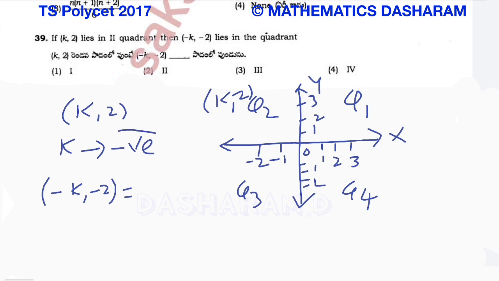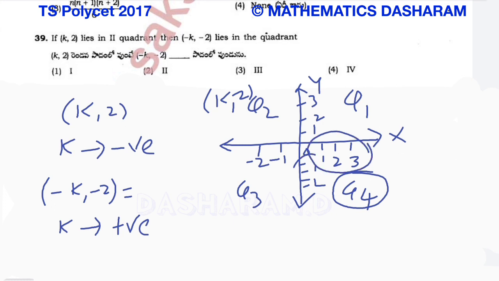So already the k value is negative and here minus k is there. Then overall it will become a positive value. So the k value is positive and this is minus 2. So one positive, one negative. X value positive, y value negative. So x value positive, y value negative means it will be possible in Q4. See here, x value positive, y value negative. So the fourth option is correct.